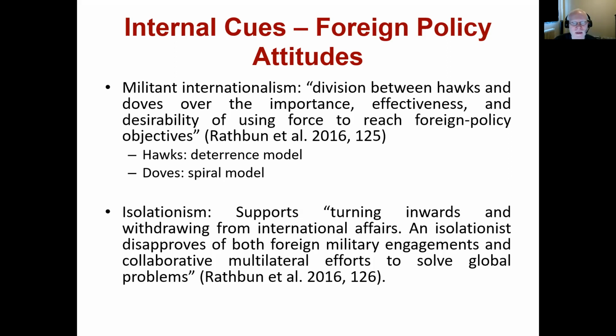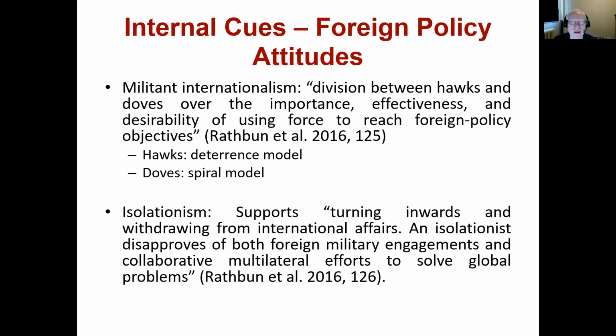So isolationists disapprove of international cooperation, so cooperative internationalism, solving problems together, but also disagree with the foreign military engagements that are common of militant internationalism, because often they view that those impose costs on the domestic state, and that the foreign problems that are being solved by militant internationalism should not be the concern